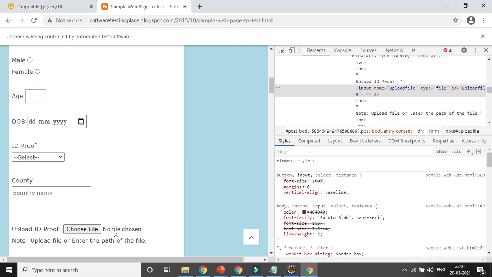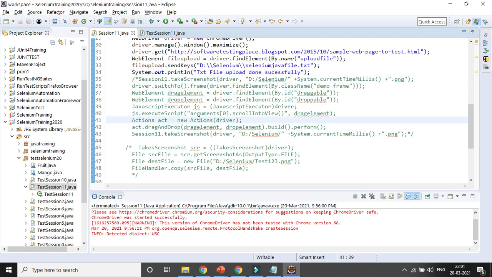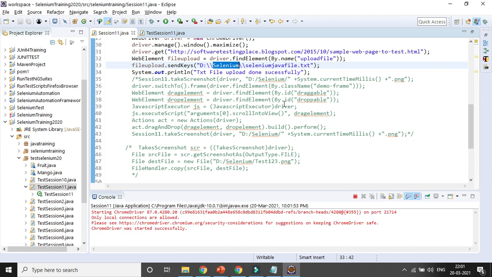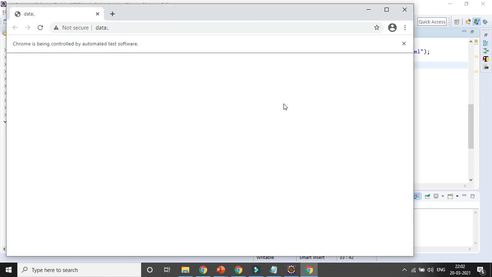So let's close this browser and run the code, and let's see whether this file upload is happening with the help of sendKeys, where we are passing the detailed path of the file we need to attach. It is opening that page, then it will go to that option.